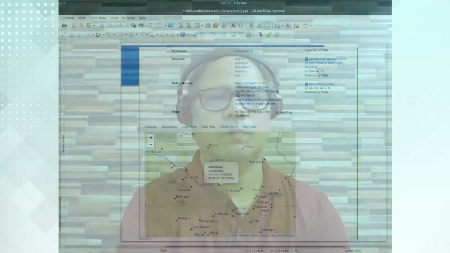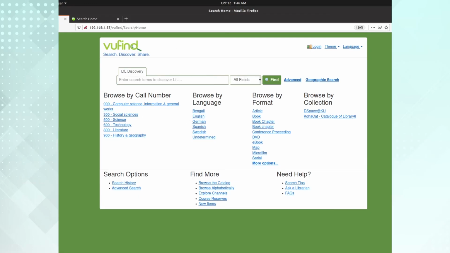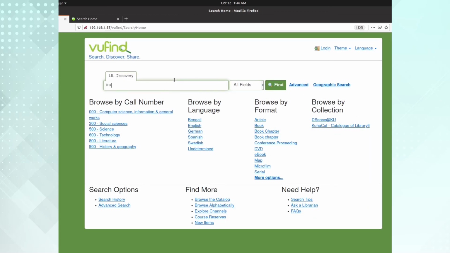So, with this let me start the live demonstration process. This is one of the systems, available on a local machine. You can see I harvested data from both DSpace and Koha. So, 2 libraries, one particular library, this is the OPAC data sets, and this is the IDEA data sets. The catalog data sets and IDEA data sets, both can be integrated in the same system. Now, let me try the same way what we have seen there.